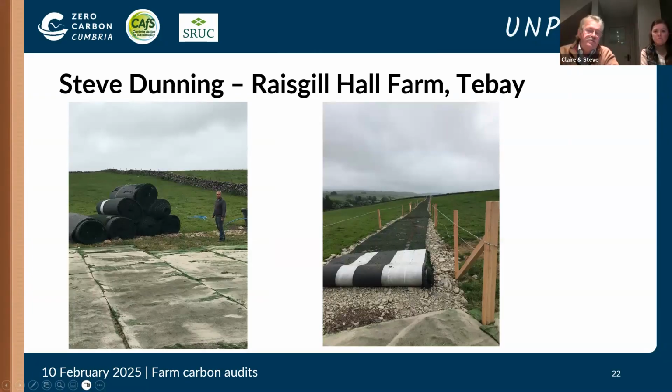So this is the cow tracks we started to put in 3 years ago. Basically what it is, we dig the topsoil out, make it a level track, and then we're lucky because we live close to the River Loon, and there's a big gravel bed that the Environment Agency let us take gravel off. So we've been lucky enough to be able to use all this gravel to put in a base, and then we put